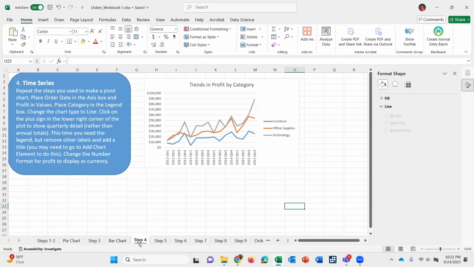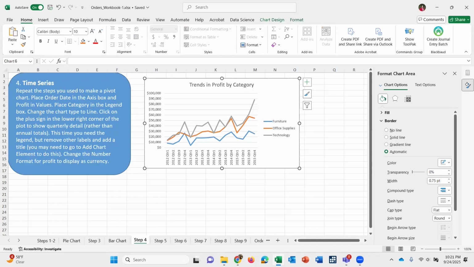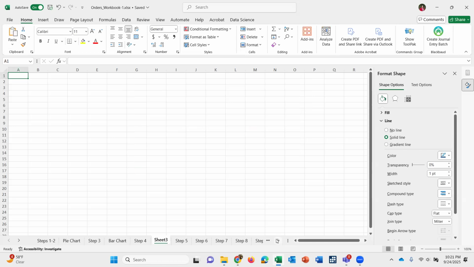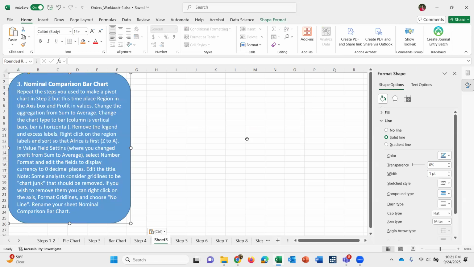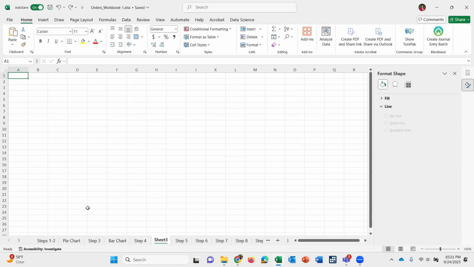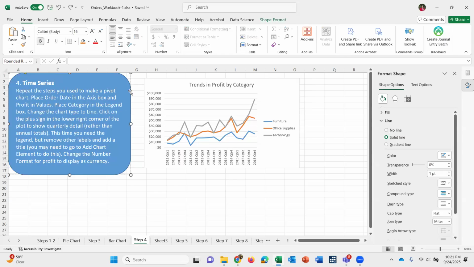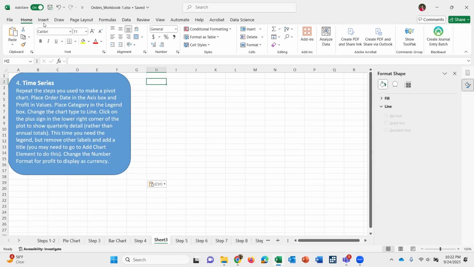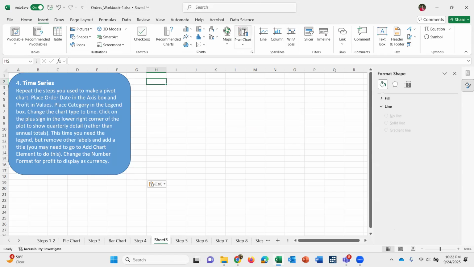We're going to recreate this graph over here, which shows the trends in the profit by category, the category of the products that we have. So let me just copy these instructions. Then I'm going to create a new sheet. I paste them here. I copied the wrong thing, so I'm going to copy that again. I'm going to go back to the new sheet, paste it over here, and then go to the Insert tab, select the pivot chart,